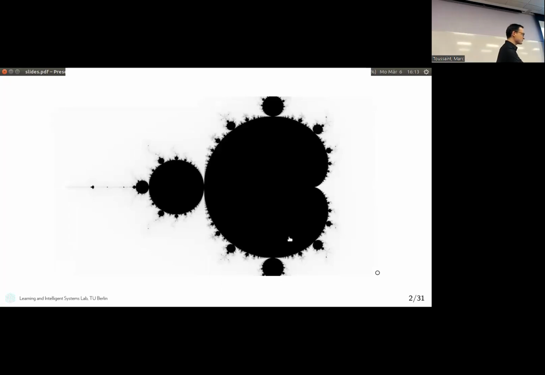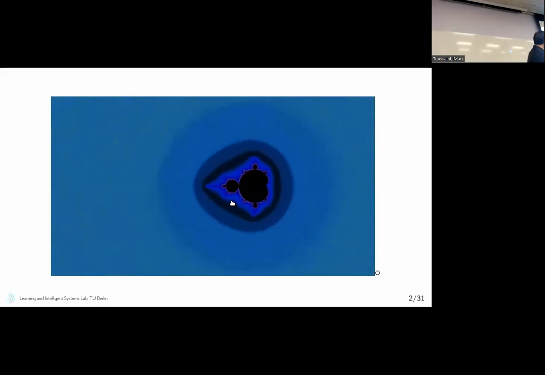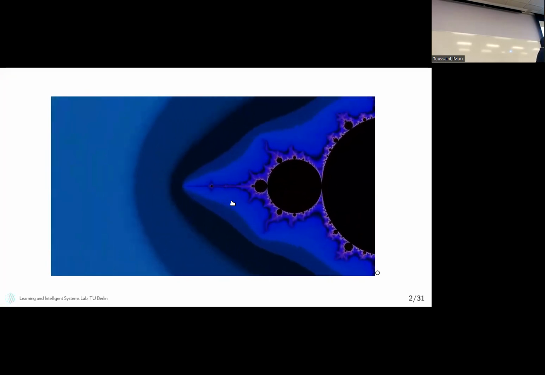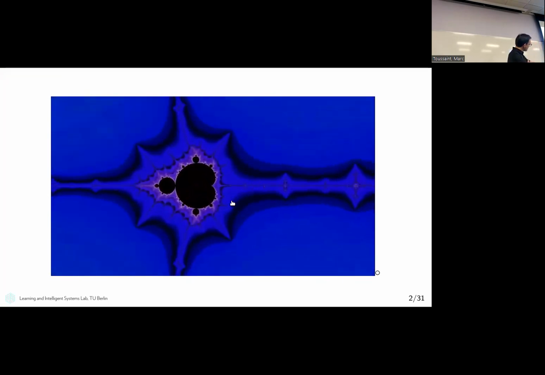I think everybody knows this one, right? The Mandelbrot set. Don't know if you know this beautiful video. I'll just let you zoom in a bit. I hope nobody gets dizzy. And while you watch this beautiful video,